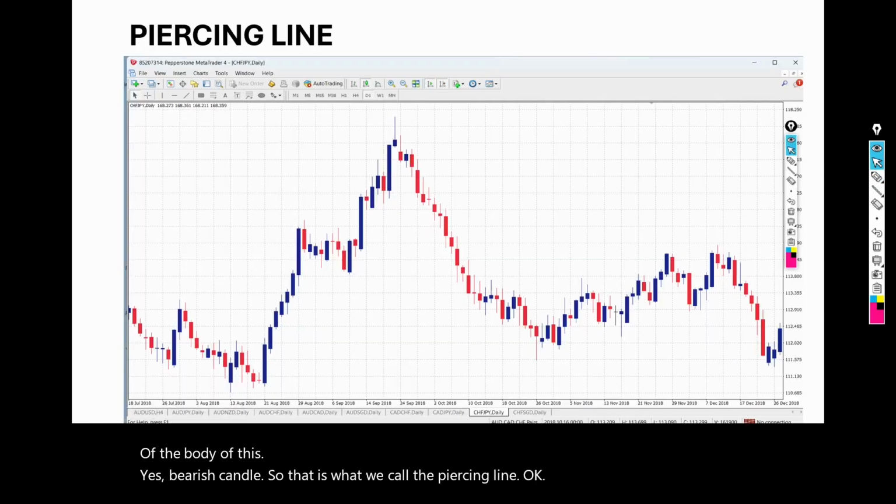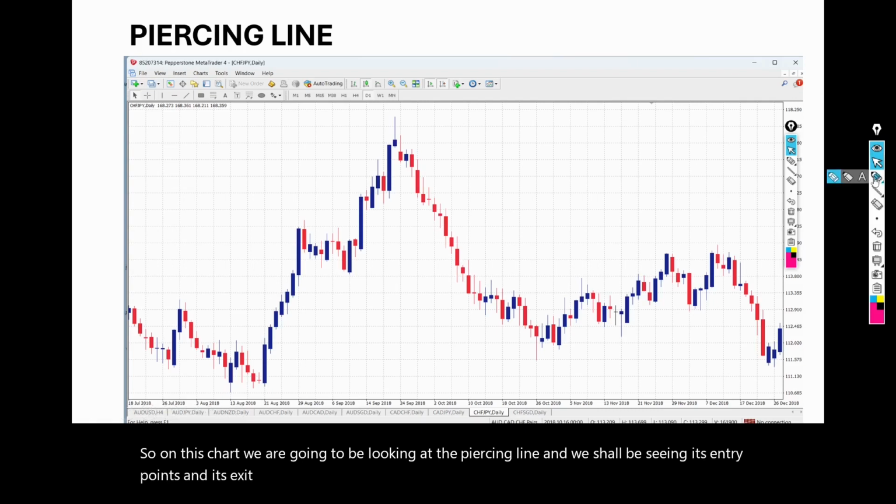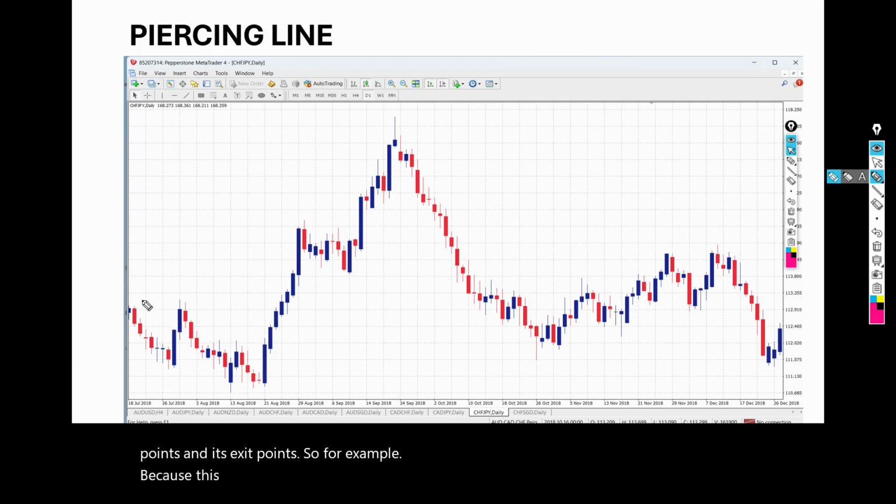So on this chart, we are going to be looking at the piercing line, and we shall be seeing its entry points and its exit points. So for example, because this candlestick pattern is rare, you can see that here we are coming from a downtrend. Okay. So you can see that here we are coming from a downtrend, and then here,